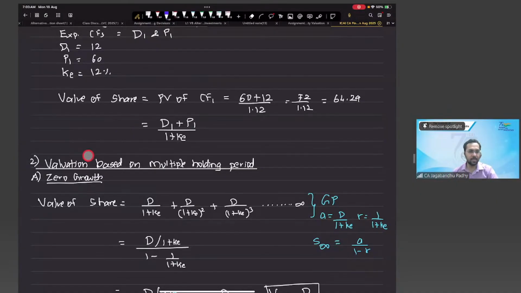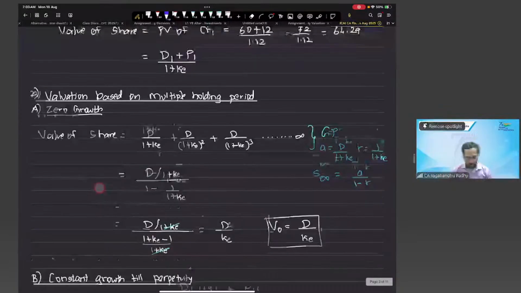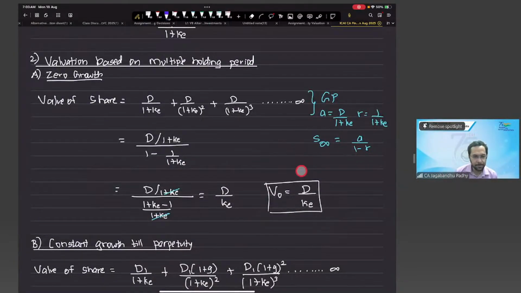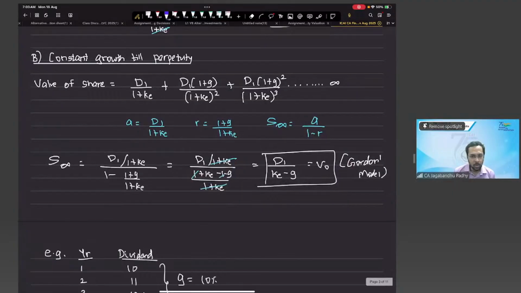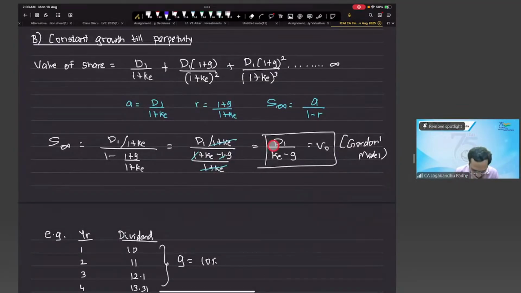In that case, if you say that there is no growth, then the value of the share was dividend upon KE. If there's a constant growth till perpetuity, then we said we can use Gordon's formula, which is D1 upon KE minus G. And then we said that this Gordon formula has an issue: the growth rate can't be more than the K. If it turns out to be more than K, then the answer comes out to be negative,